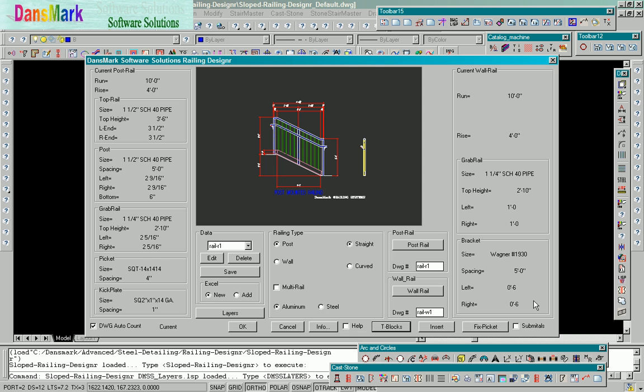We're going also in submittals. This is something new that I've just added. So basically, let's say I wanted a submittal drawing or a set of submittal drawings for this whole project. We're going to use this first railing as the model for our submittals, and we're going to do a 10-foot by 10-foot run with a 4-foot rise